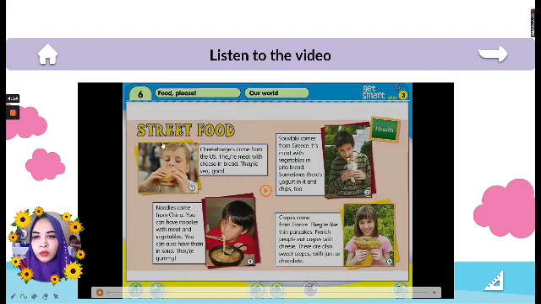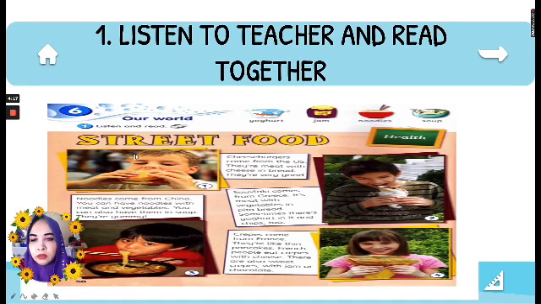Can you take a look at your textbook? I'm going to read out. Let's listen to me and you can read together with me. Number 1, cheeseburgers. Cheeseburgers come from the US. They are meat with cheese in bread. They are very good. Cheeseburger comes from the United States. It has meat and cheese in bread, and they are very good, sedap. Everyone likes to eat cheeseburgers, especially the McD's one.